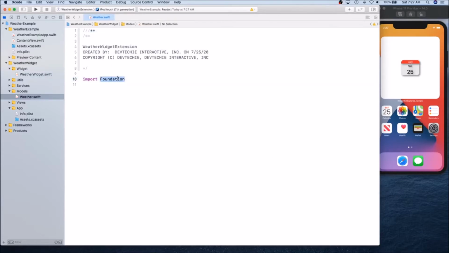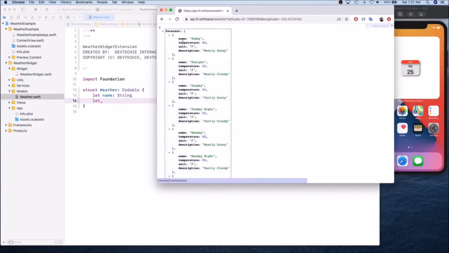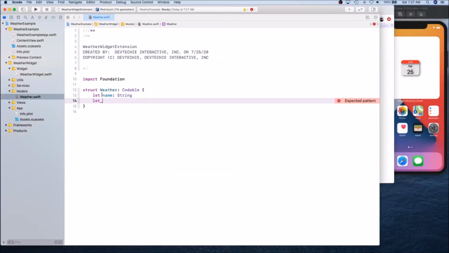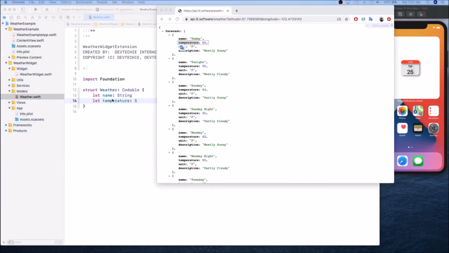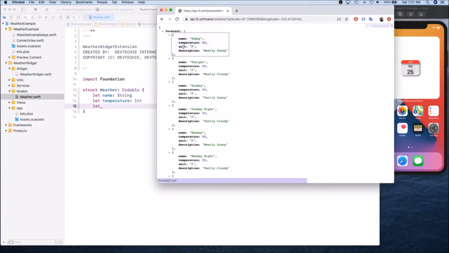All right, next up we're going to create a struct. This struct is going to be called weather. It's going to conform to the Codable protocol, and we need name, and we need everything that is there as a key for this API. So I'm going to take temperature. I think it's listed as int. We'll see. And then next is our unit,